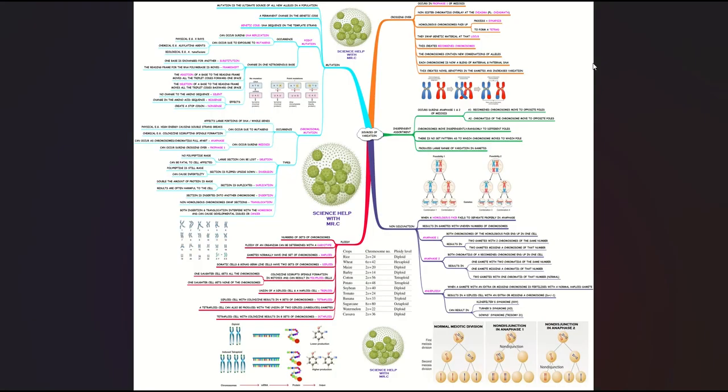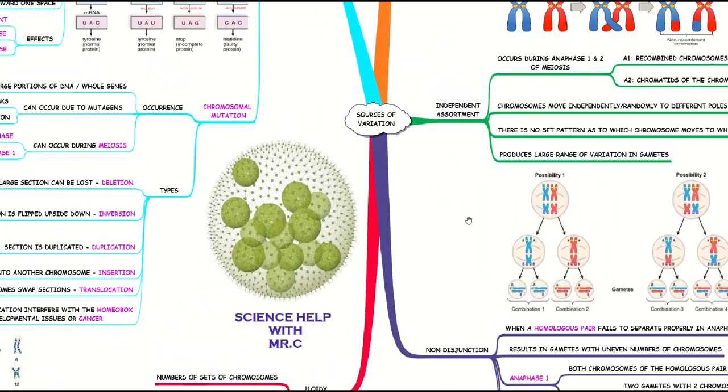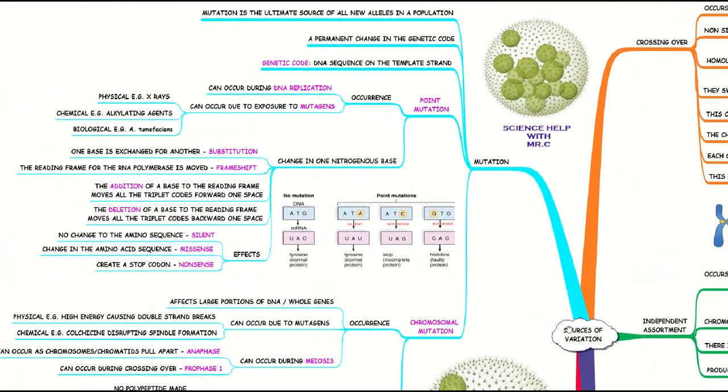Okay, so here is a mind map on the sources of variation for Year 12 biology. Here you have a chance now to take the full screenshot if you want to, but I'm about to zoom in and show you the various parts in a little bit more detail. All right, so if we zoom in, we can see up the top here,